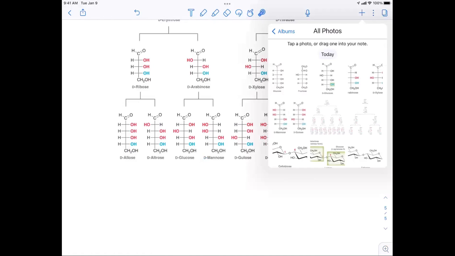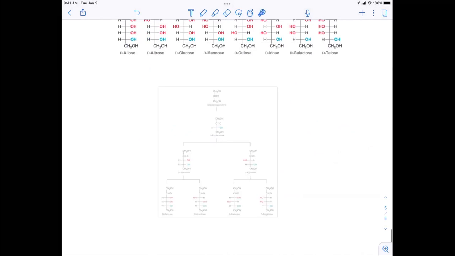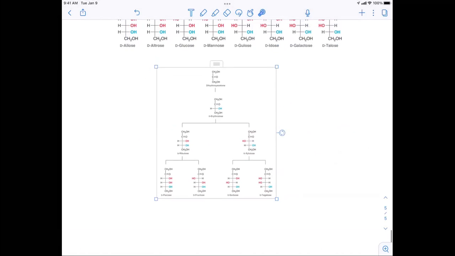And these charts are in your book. So if you don't have time to write them down, you can look them up. You can also just look them up and